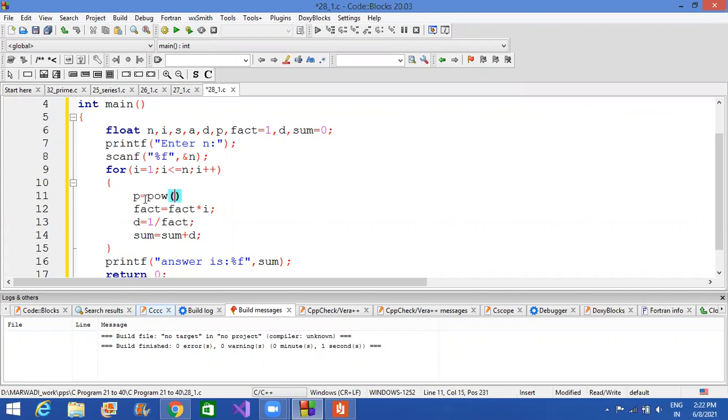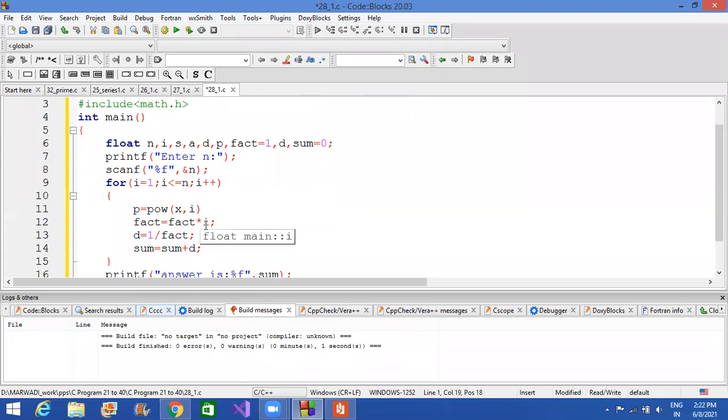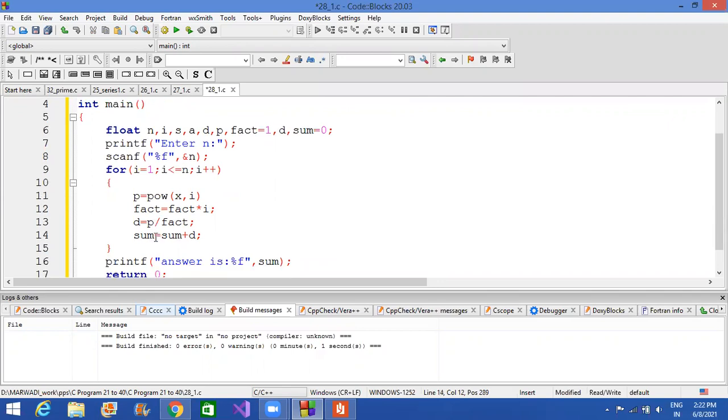power x comma i, as given in the series, that we have to do x and i. This would be the i for us as 2, 3, 4, 5. So that would be our loop. And the factorial of i. Then over here, I need to divide p by the factorial, that is stored in the division variable, and sum plus